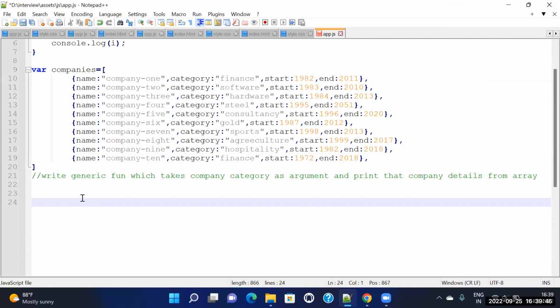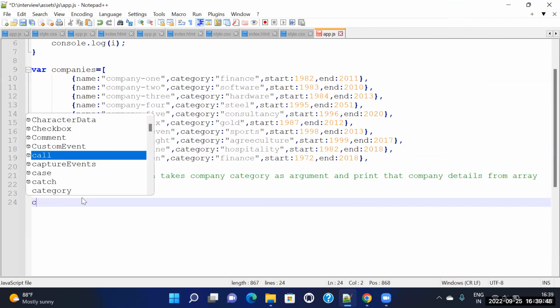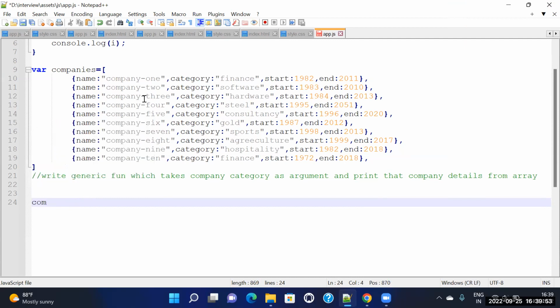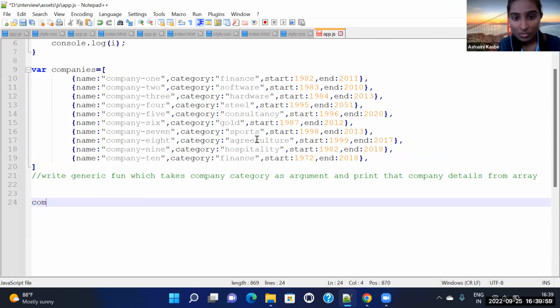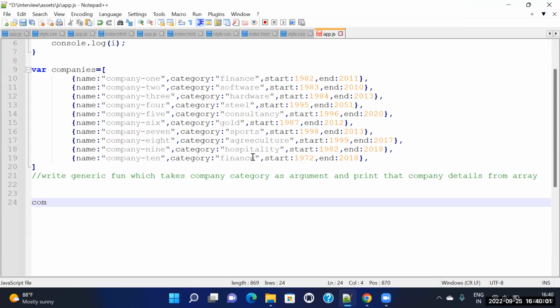If I pass finance, which one will be printed? First and last, two will be printed. Two companies. Okay. Yes.